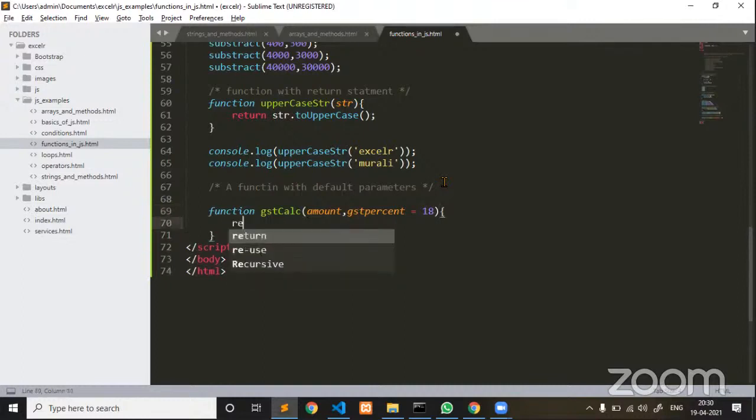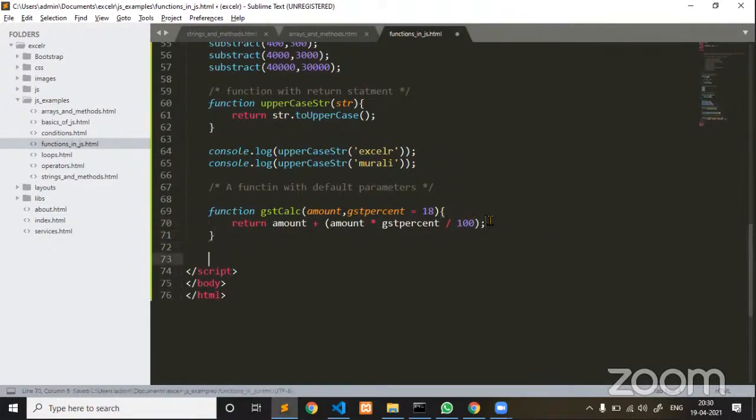Internally I am using a return statement. I am calculating the amount including GST value: amount plus, let me open an expression, amount star GST percentage division 100. This is what including GST.